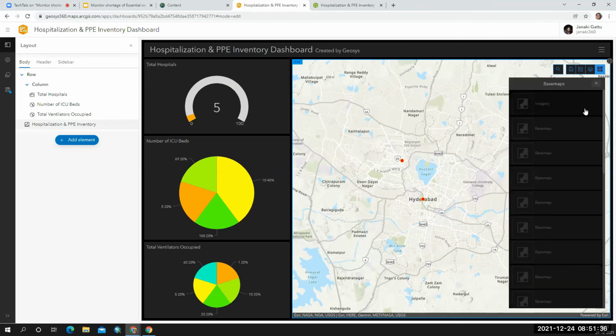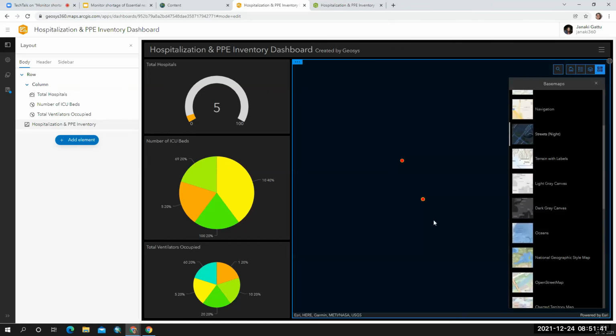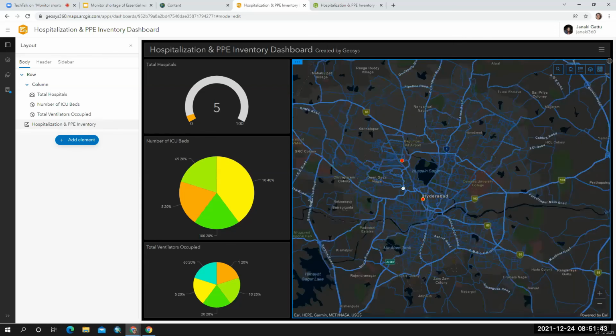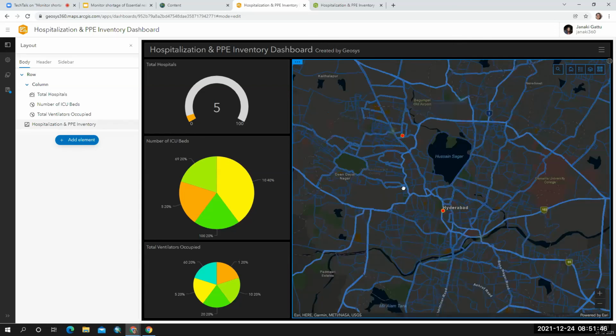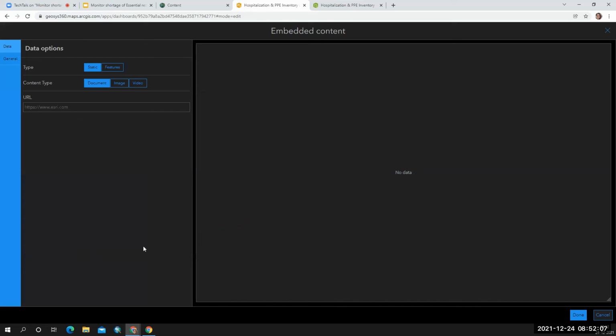If you want to change the base map, you can change the base map. And if you want to add any content regarding the application, what is it all about, you can add the application, the data and all.